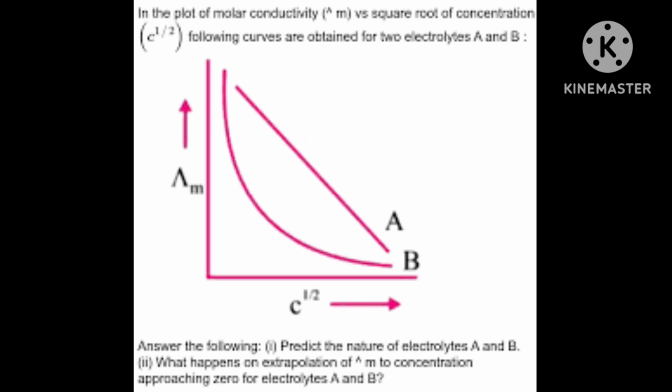Then this 10 to the minus 2 is there. Then it will go upside, 10 to the power 2. Means it will come 100. Then kappa is equal to 100 divided by